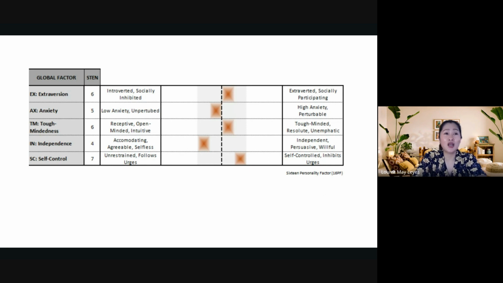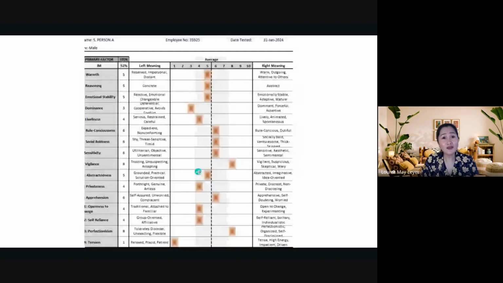Pwede rin naman na anxiety naman is the level of neuroticism in terms of handling situations, problems, highly stimulating or highly emotional stimulating situations. Diyan naman minimeasure ang anxiety or the level of your neuroticism. So diyan na natin nakikita the 16 PF or the 16 personality factor somewhat similar to the big five personality traits. So if example, you'd like to have a personal development session, the 16 personality factor test is already